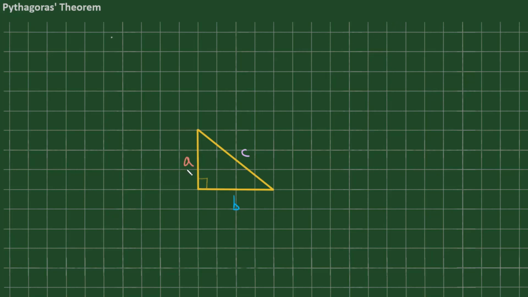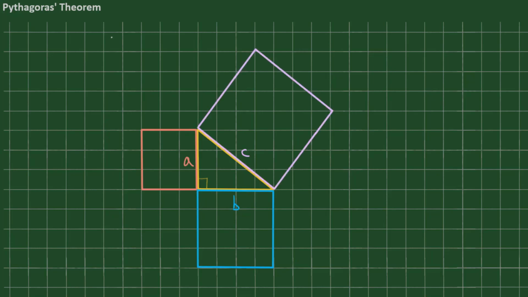Well, let's look at side A here. I'm going to draw a square whose sides are the same length, and here it is. So the length of the side of the red square is the same as A. I'm going to add a square whose side length is equal to B, and here it is. And now I'm going to add a square whose side length is equal to C, and here it is too,